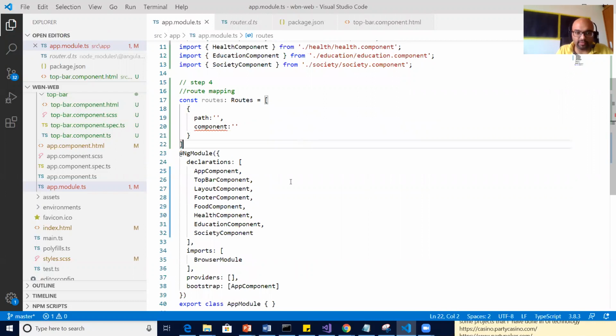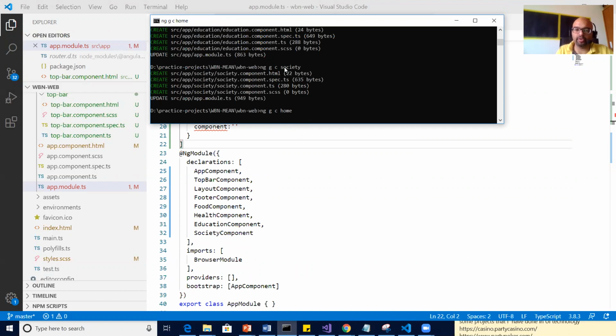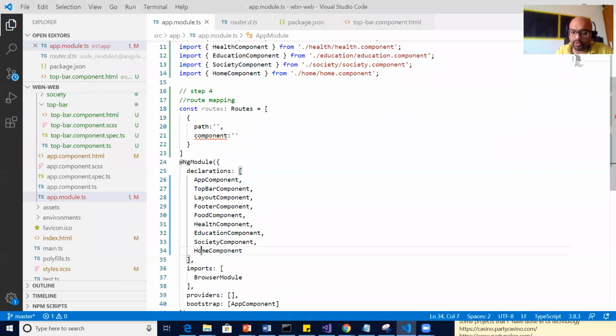Let me save this one first and quickly add the home page. I say home. I can say dashboard also, landing page also, and home page is also fine. You can see my app module file also updated. Home component got added.